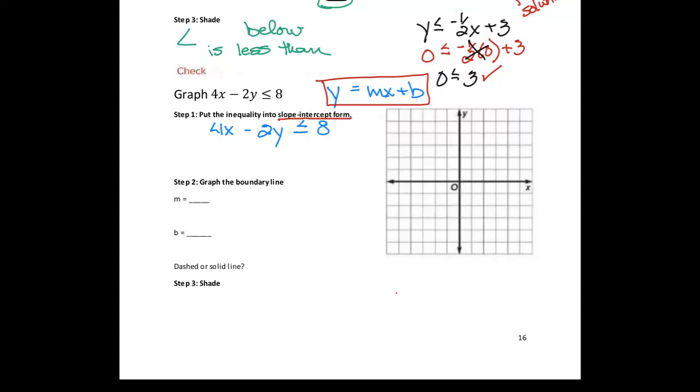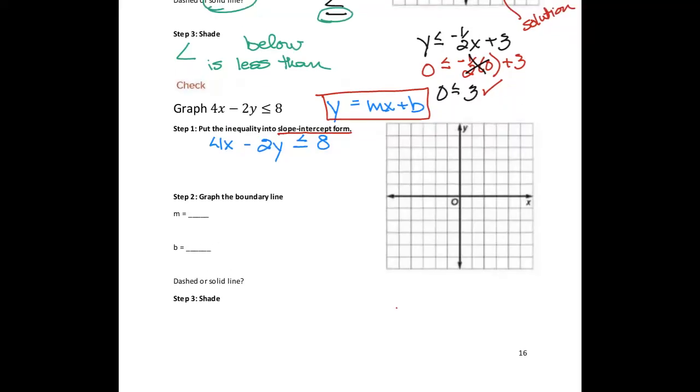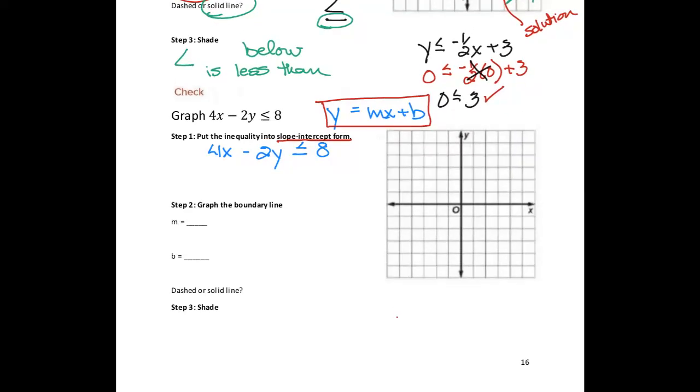Okay? See what you can do to get this problem started. All right? See what you can do. I'm going to walk around and check. You want to get the y by itself. Look back in your notes, maybe the page before, and let's